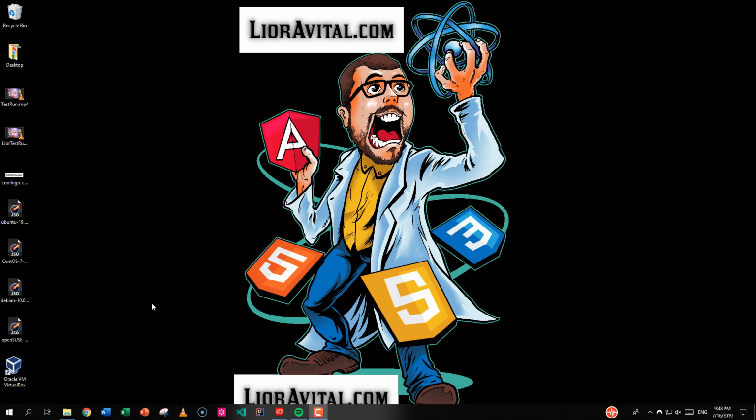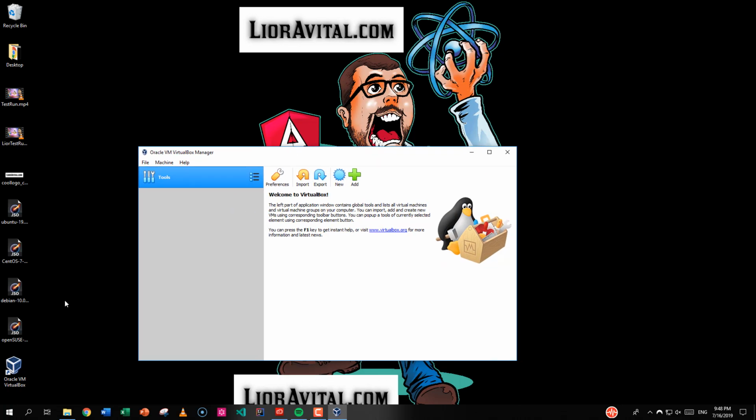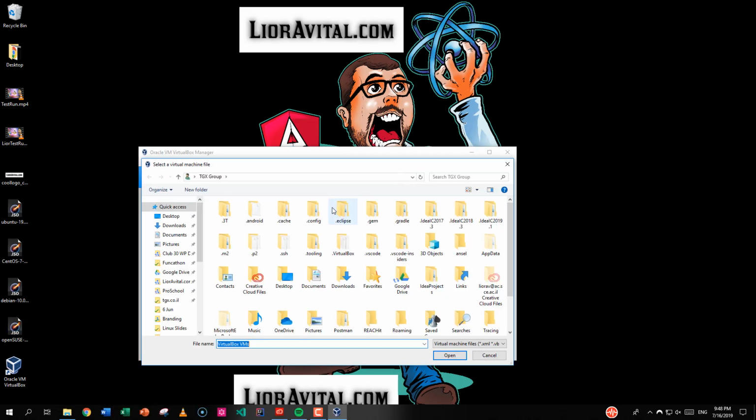So pardon me for using Windows, but this is my main operating system today. I will be using Oracle VM VirtualBox, and you see that I have here an image of openSUSE Leap 15.1, which is the latest version. And I will add a new virtual machine,